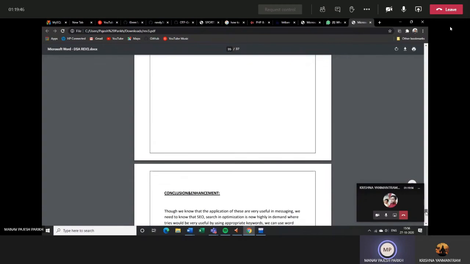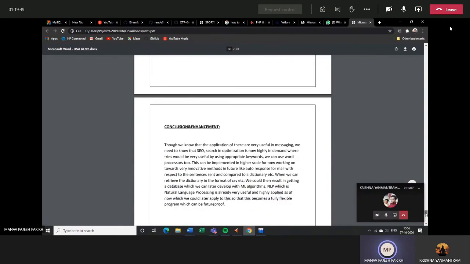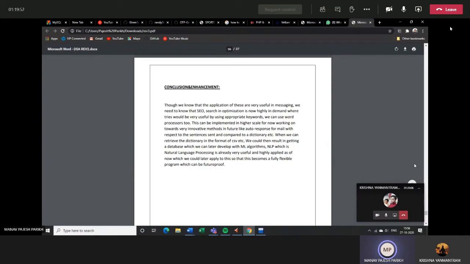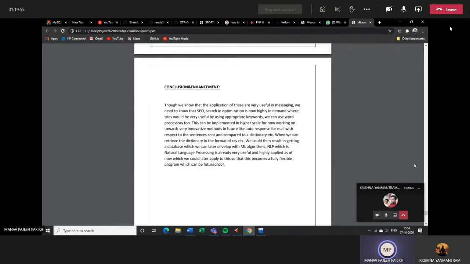We have provided some screenshots of the output which we have taken. Now going on to the conclusion and enhancement. As we said last time that we want to implement this using a trie, we have successfully done it in this review. Our future aim would be to use ML, because ML is very useful in search. Our main aim is to load a fully functional dictionary from the internet, so we don't need to add each and every word when it is not already present in the dictionary.